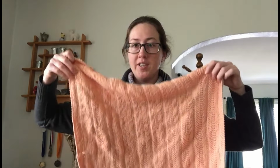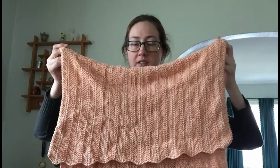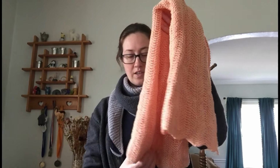My last WIP today is also one that I mentioned in my previous podcast episode. This is the Chevron baby blanket, a free pattern from Purl Soho, and it looks pretty much the same on both sides. It's just a simple repeat with increases and decreases that create this chevron pattern, and I thought the bind off